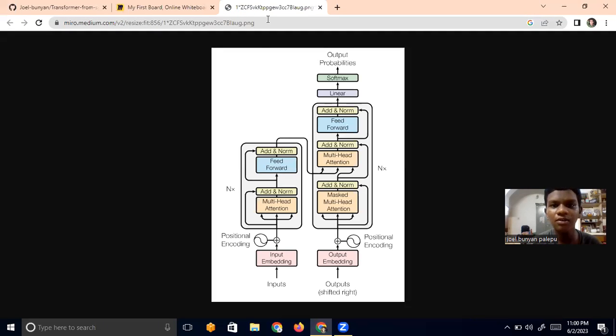So welcome back to this YouTube channel. In the last video, we looked at the encoder part of this transformer neural network. In this video, in the last video we have looked at the encoder part, right? So we have looked at